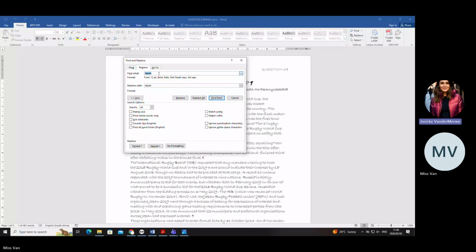This is what you're telling the computer. You're telling the computer, find Japan in the font 12, bold and italics, not small caps, all caps. Now look here, I'm going to say replace all. All done, we've replaced 0. Obviously, because there's no Japan in your document that's bold, italics, capitalized.